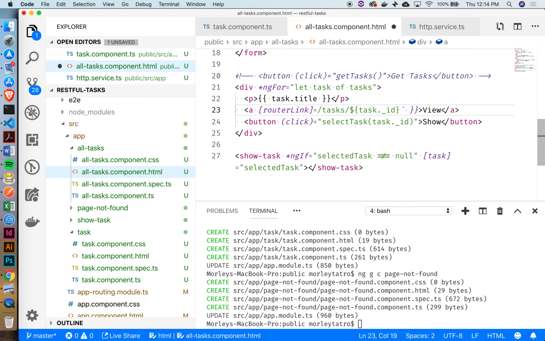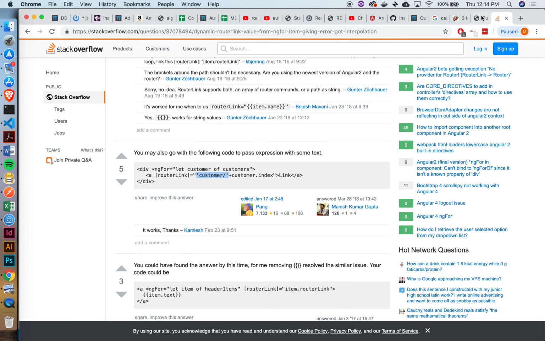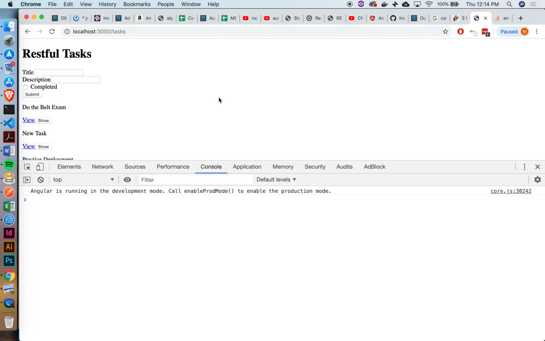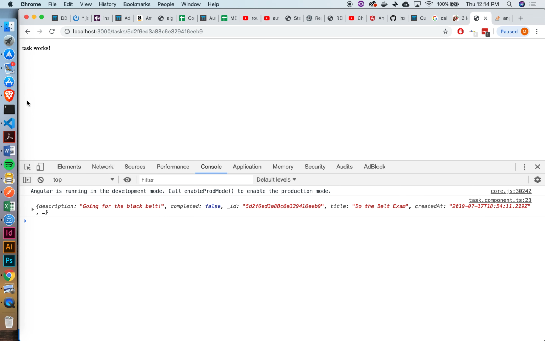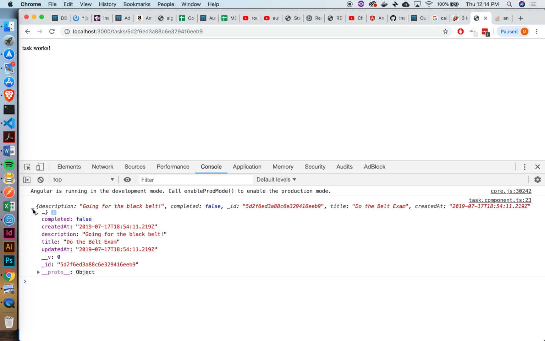So if we go double here, single there, and then we tack on this task.id, come back over here, and then get out of there. Does that look good? Yeah. All right, let's try that. Okay, cool. So let's see if we can hit this link and see what it will do. Awesome. So we actually were able to get back the task that we wanted,